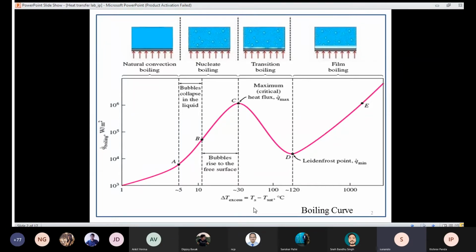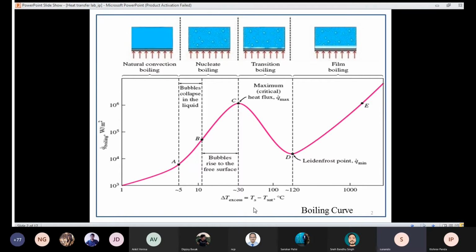And now you know why the value of the critical heat flux is important, because you are going into a metastable region and you cannot use that for cooling of any crucial components of reactors and so on. So you would like to work in the region B to C, such that you have roughly a linear change in the heat flux with the delta T, and that you can use as your design value. You should never come close to C while designing an equipment.